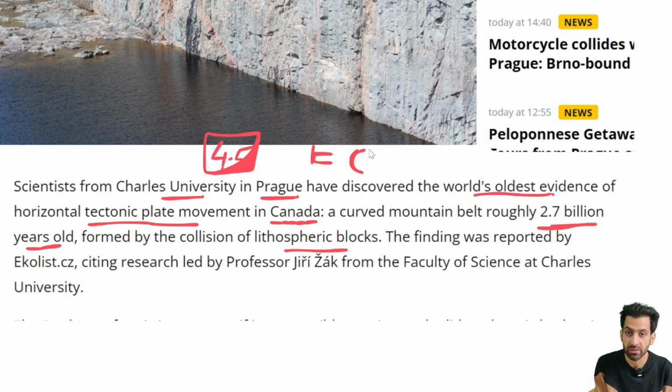This is a research by the scientists of the Prague University. They found a mountain in Canada. Well, this is not that big news, but it was in the news. So I thought you should know about continental drift. You might not directly be asked about the news because it's not that big a deal, but you should know about the continental drift. Many times UPSC, state PSCs have asked the questions directly about continental drift,